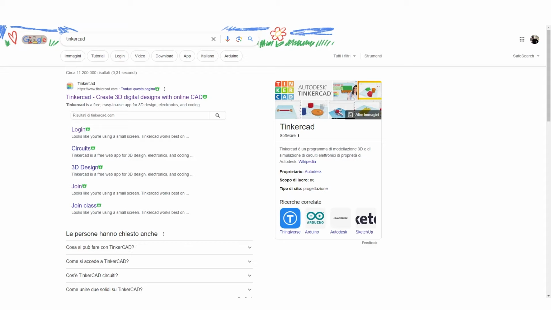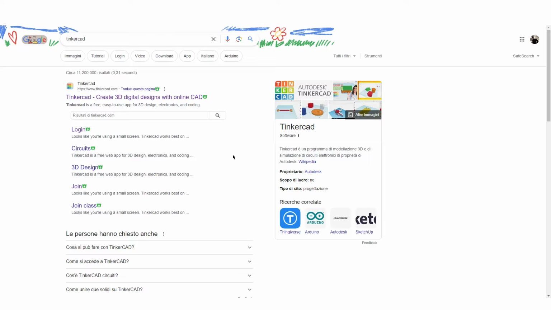Hello everyone, in this short video tutorial we will explore what an open source modeling software like TINKERCAD has to offer. This program allows us not only to 3D model, but also to write code and create circuits for free directly from the browser. To access it, all you need to do is click on the first link in the